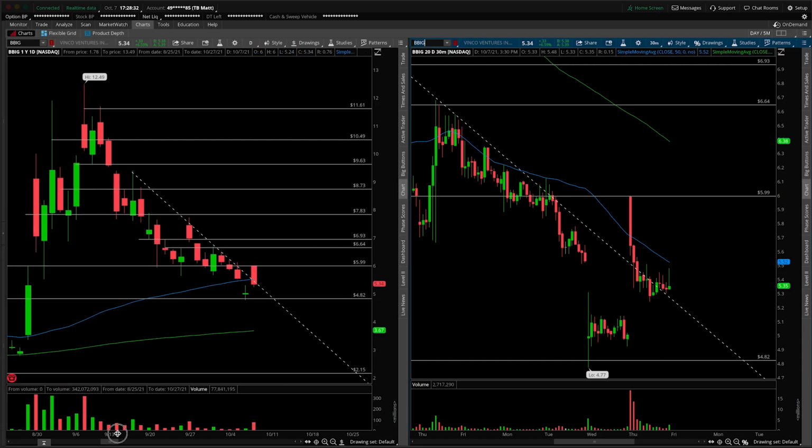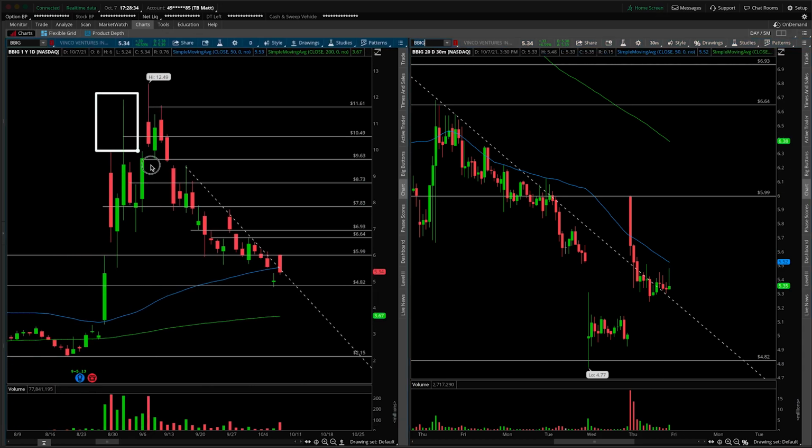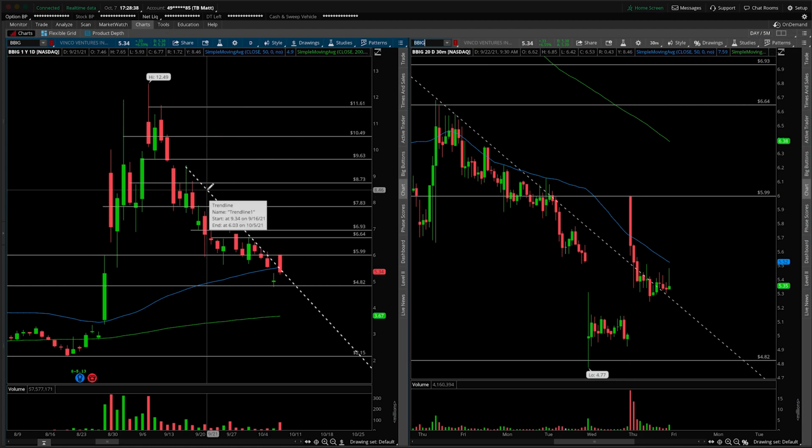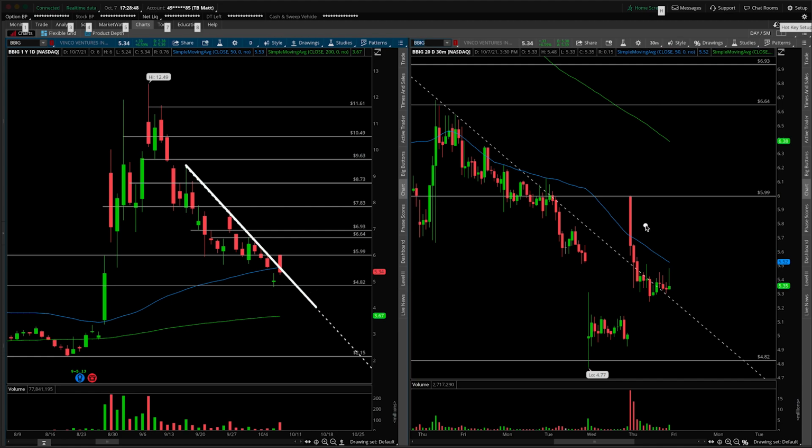Clearly, there has been a significant breakdown from this area back here. Again, just doing a quick recap for you guys. This clearly is our downtrend, right? This is the thing to be paying attention to. It obviously gapped up just like the rest of the broad market did today. But from today's activity, we can see that it closed fairly weak, right? Look at what unfolded on today's session, closing down towards the lows,